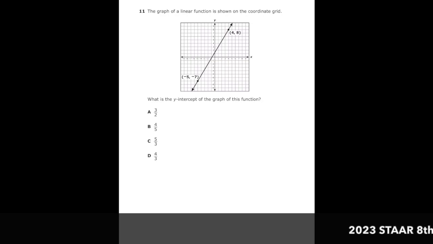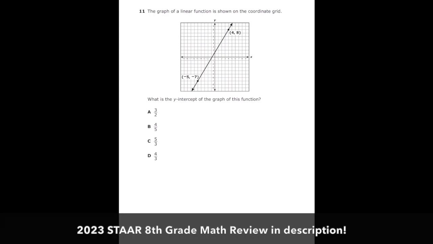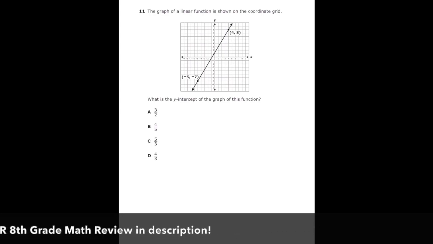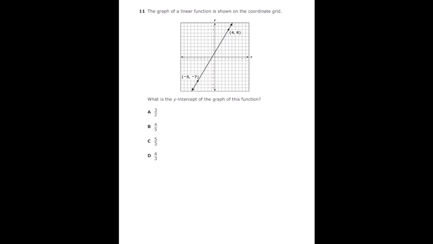This is number 11 from the 2022 8th grade math STAAR test. The graph of a linear function is shown on the coordinate grid. What is the y-intercept of the graph of this function? So the y-intercept is just wherever the line is crossing the y-axis, but on this graph it's not crossing exactly